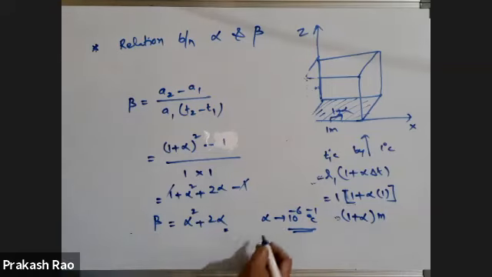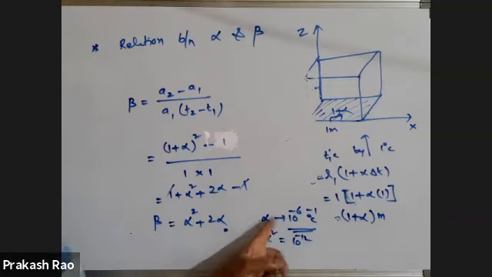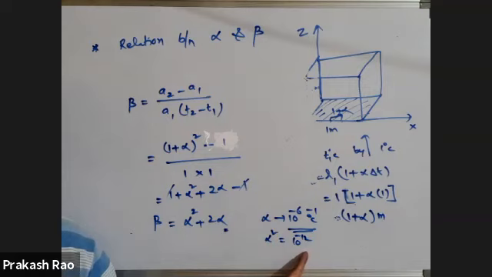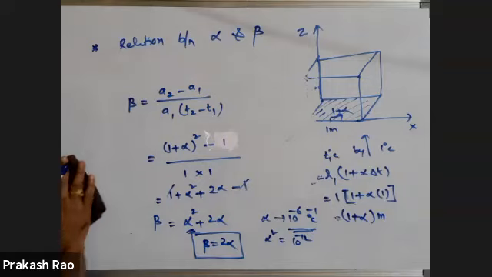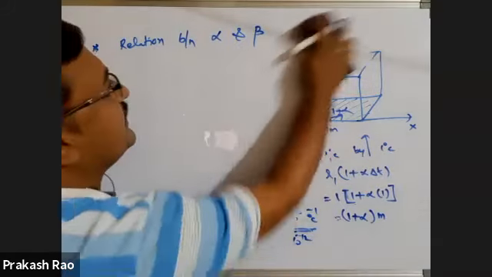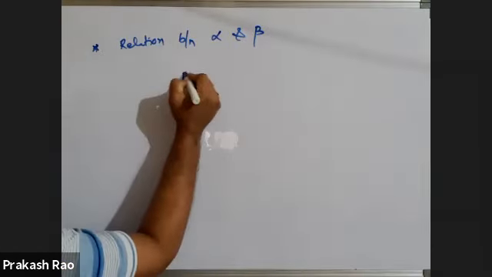So if alpha is squared, what does it become? 10 power minus 12. If alpha is this much, alpha square is 10 power minus 12 you will get. The alpha square value is too small compared to alpha. Hence it is neglected. If you neglect this, then you are getting beta is equal to 2 alpha. Are you followed, my dear students? So therefore beta is equal to 2 alpha. Now you will take the relation between beta and alpha as beta is equal to 2 alpha.